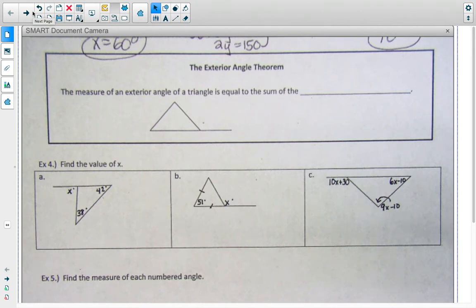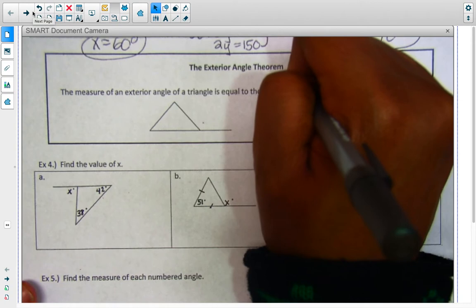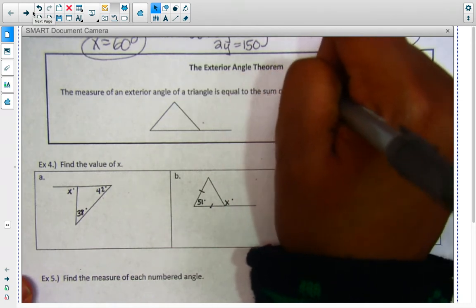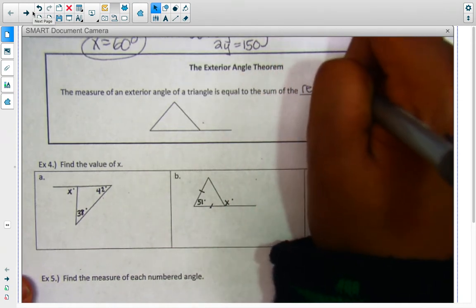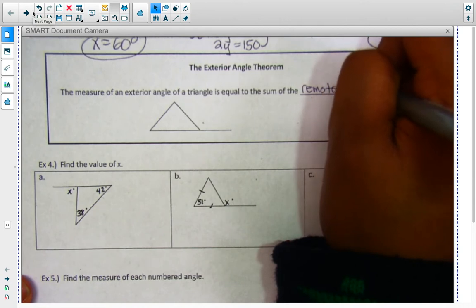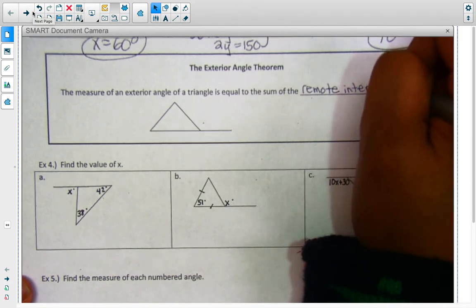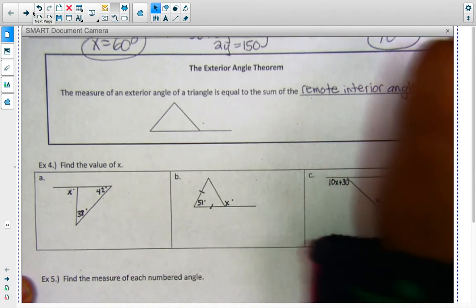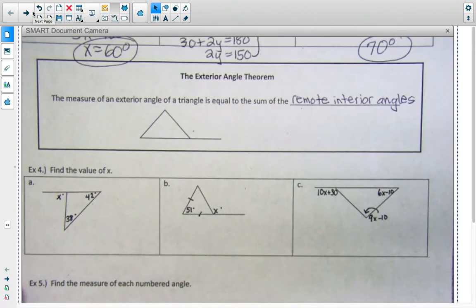Today we're going to take a look at one theorem, and it's called the exterior angle theorem. So, the exterior angle theorem. The measure of an exterior angle of a triangle is equal to the sum of the remote interior angles. So, what that means is,